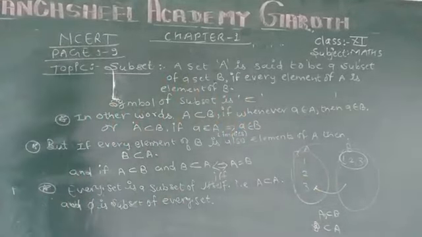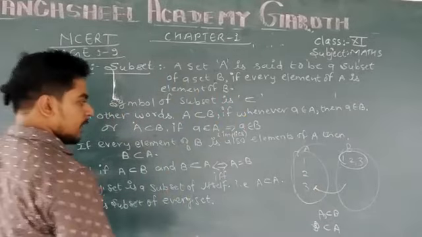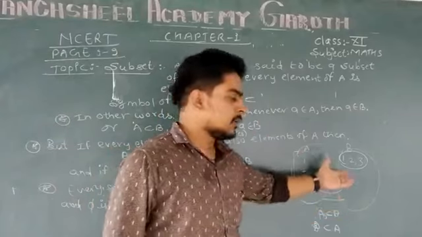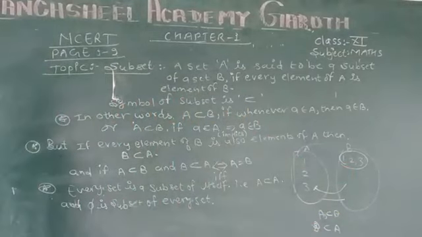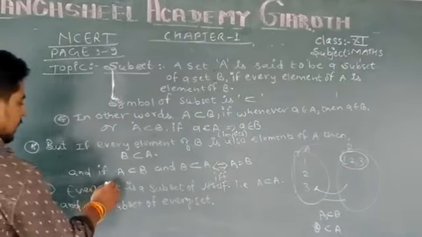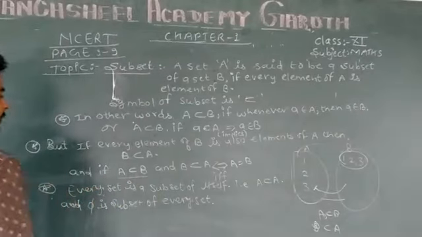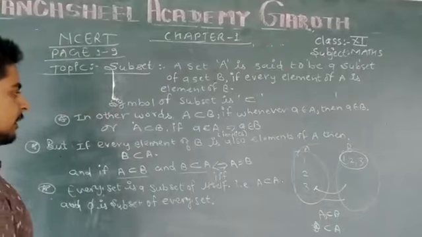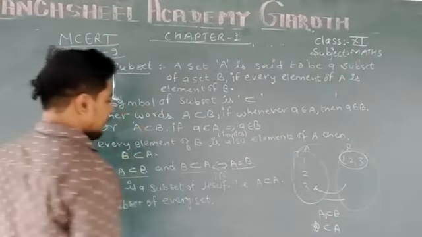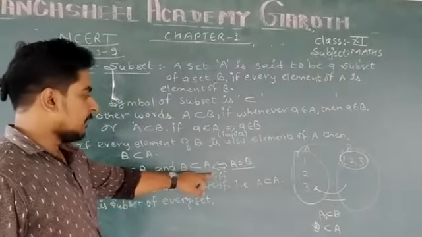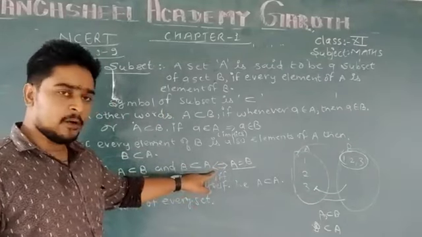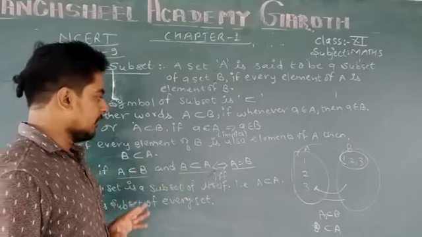In that case, that is only possible when both the sets are equal, because it is a condition that the elements are the same in both the sets. So I have already written here: if A is a subset of B and B is a subset of A, meaning both contain the same elements, then they will be equal if and only if. This is the abbreviation for the given statement. It means if and only if, यदि और केवल यदि.